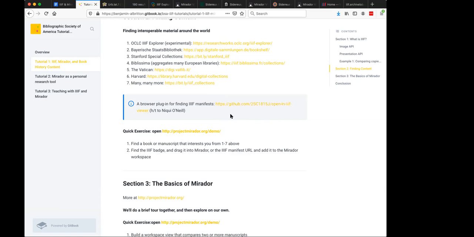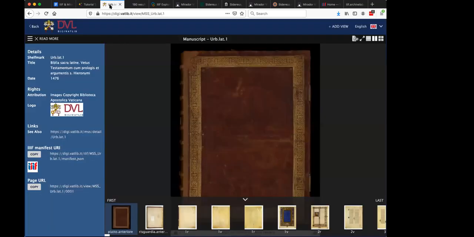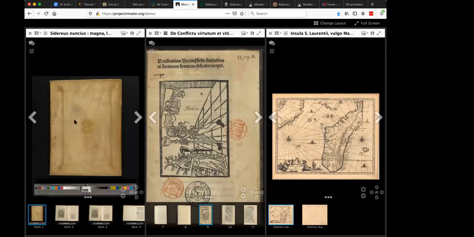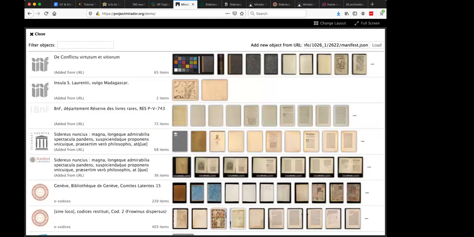So the first thing I'm going to do is go back to that Vatican object. As we follow through this quick exercise, I'm going to find the manuscript that I want, which is the one that I was looking at. I'm going to copy this IIIF manifest URL, and then go back over to Mirador and replace my final open slot with this Vatican manuscript